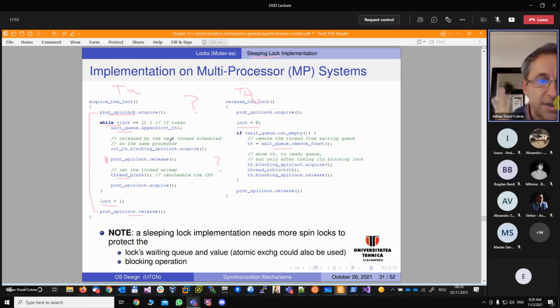So the lock is taken by this thread holder. And now comes, after a while, this thread, the waiter, finds out the lock taken, is appended into the queue, intends to go to sleep, so to release the CPU, but before that,